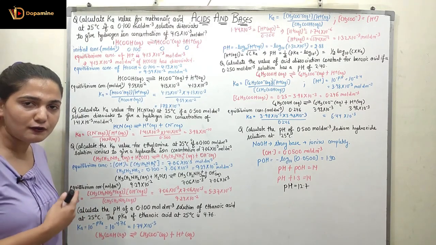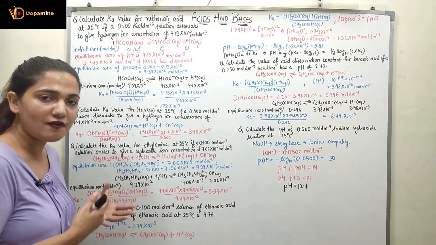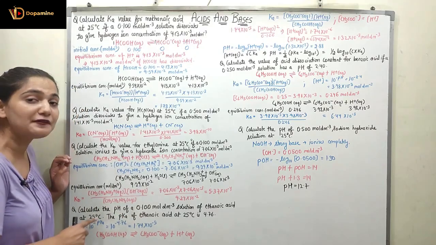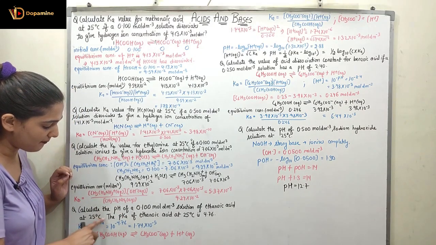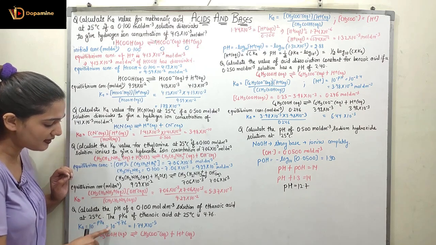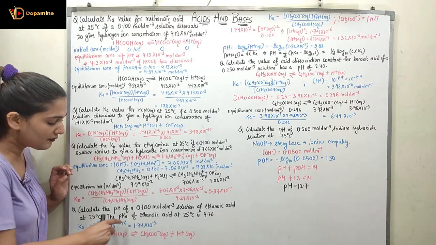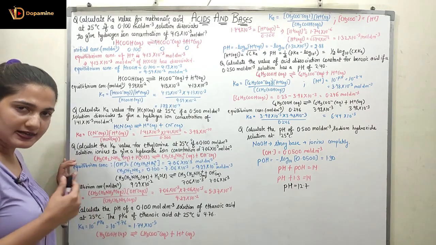So we all know what the pKa value is. When I am finding the p of any value, I am taking the negative log of that value, right? So I have to take the inverse of that. So I will be taking 10 raised to the power minus pKa. pKa is given as 4.76, so 10⁻⁴·⁷⁶ is the Ka value. So Ka turns out to be 1.74 × 10⁻⁵.